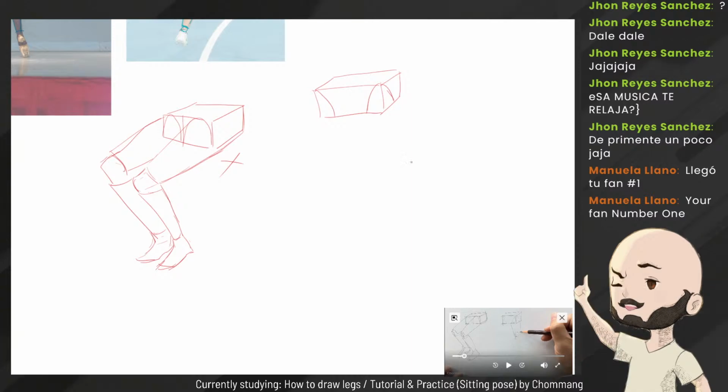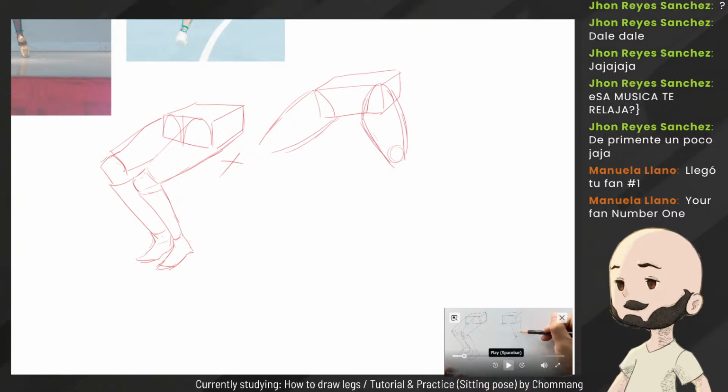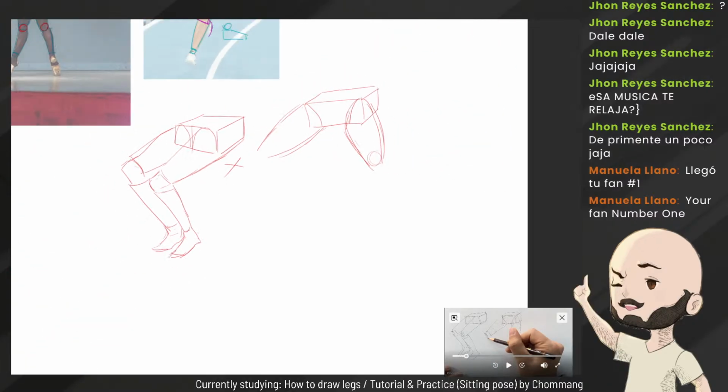Right, and then he established the knee first so that he could go for a little bit of foreshortening, and then this one he went quite a lot longer with it. Guess we can do a little bit more volume so that it's not quite like this. It was more like